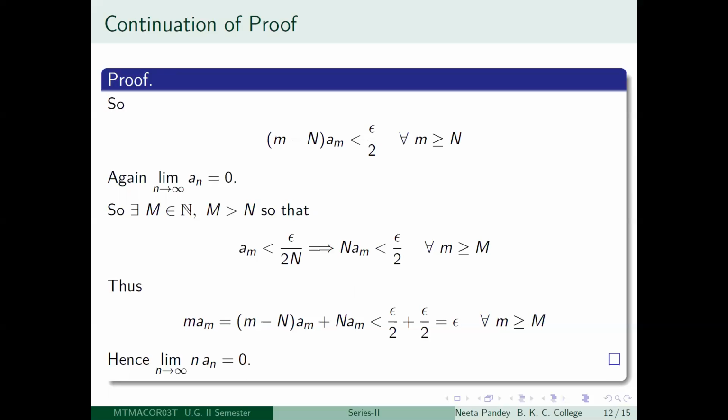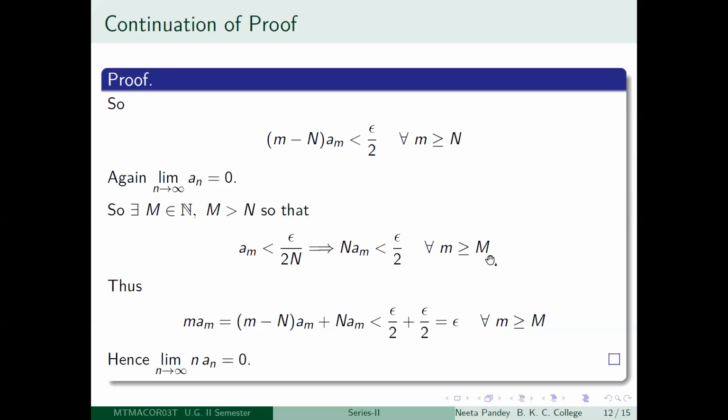That for this same epsilon, you will be able to get a positive integer m, so that for all little m greater than or equal to capital N, am will be less than your pre-assigned positive number. So here you take epsilon divided by 2n. This is done by some back calculation so that everything cancels out neatly at the end. That is all. Since epsilon is a positive number, epsilon divided by 2n is also a positive number.